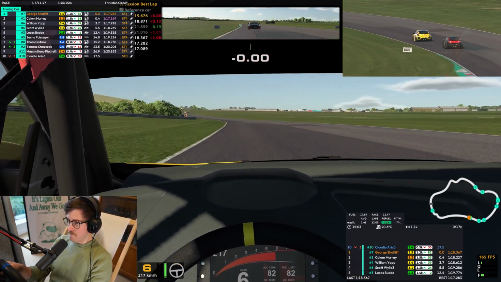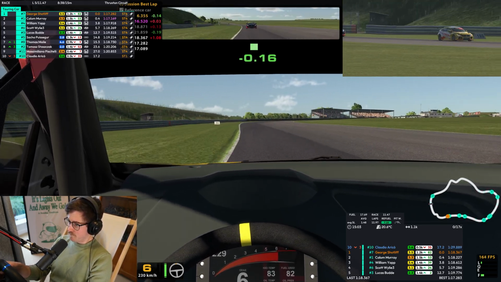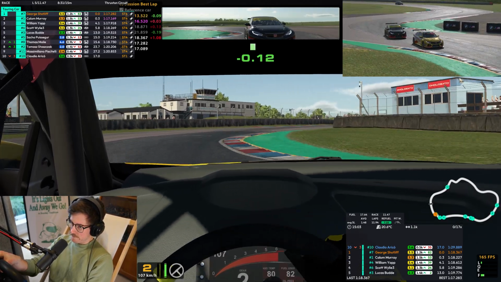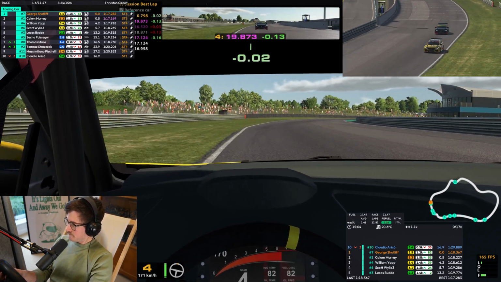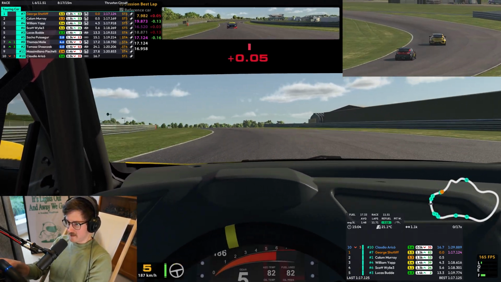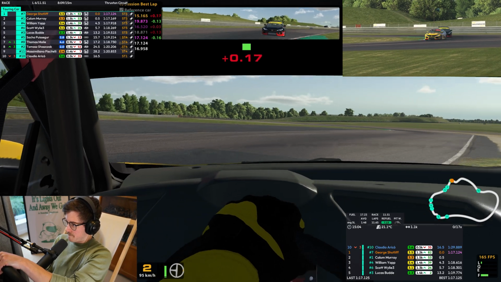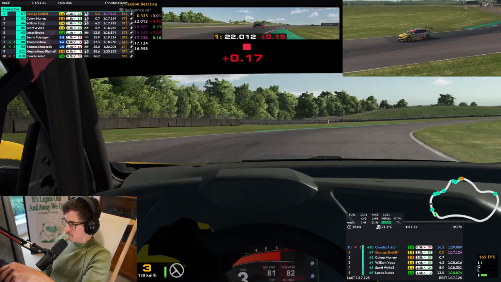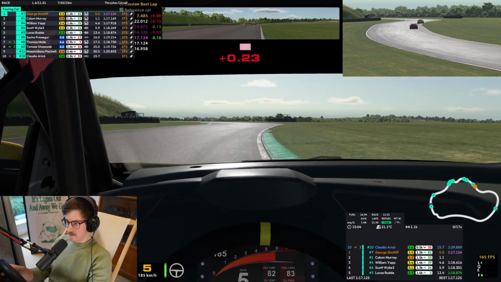Got a good line that time. There we go. That's a much better line. Look at the difference in the relative already. And two tenths worth of time I saved just through there. Come on, get round. Well done. You just set the fastest lap. Kind of expecting Callum to be taking these fastest laps because he's got the draft, but... Too far back to make a move this time. Which is lucky because I was a bit deeper than I wanted to be that time. I did have a good 45 minutes probably of practice round here before the race, so...